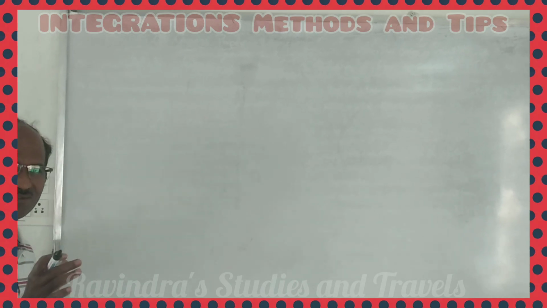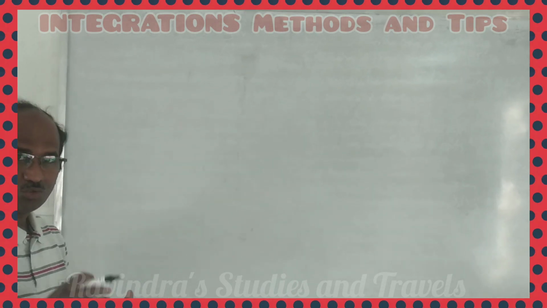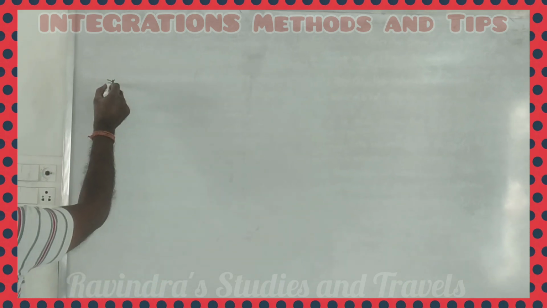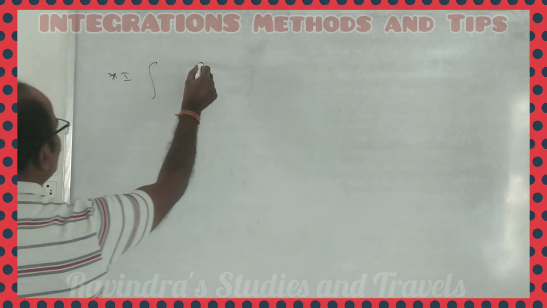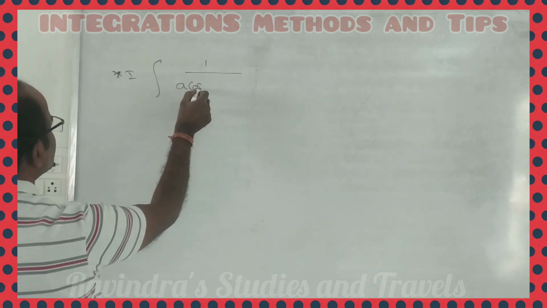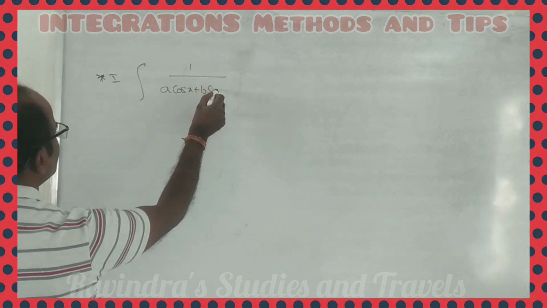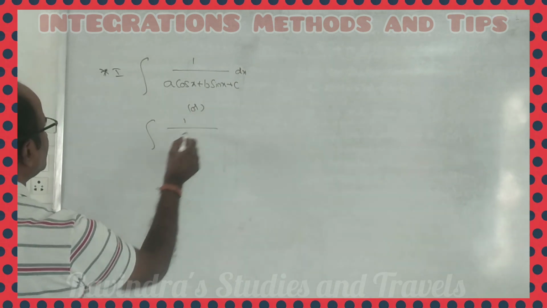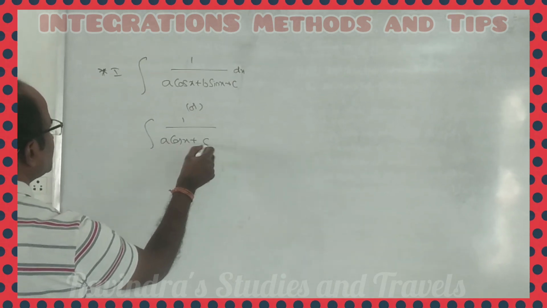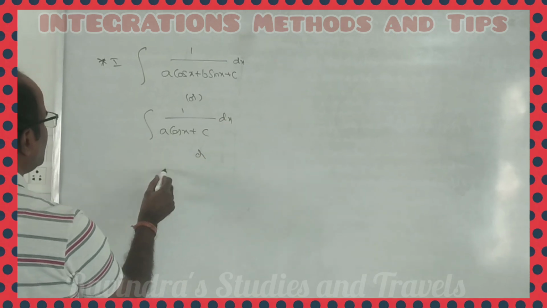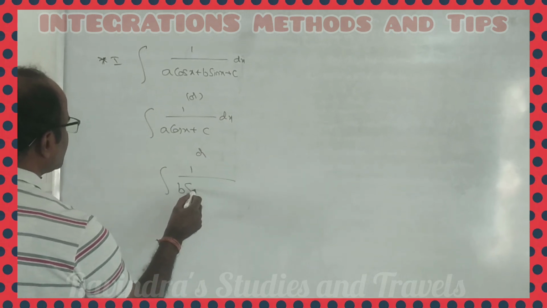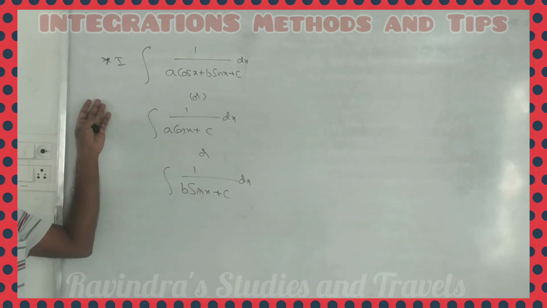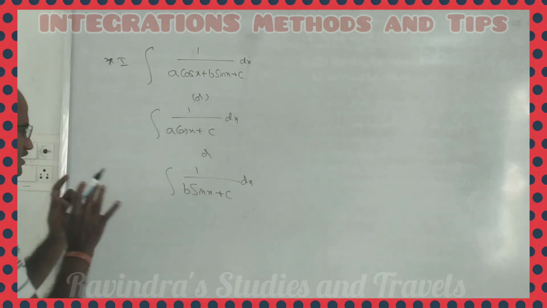Now I am going to teach you methods of integration, how to recognize the sum to solve. First type: integral 1 by a cos x plus b sin x plus c dx, or integral 1 by a cos x plus c dx, or integral 1 by b sin x plus c dx. Whenever we find an integration of this type to solve, the first step is to